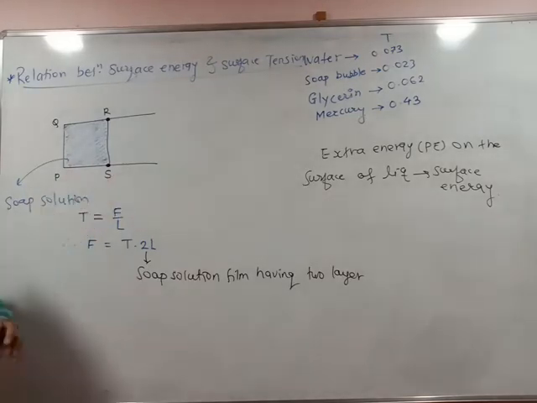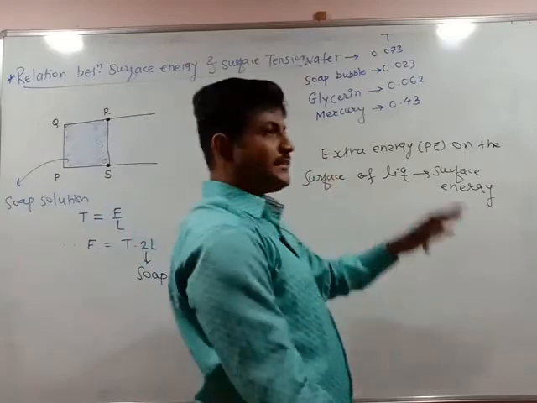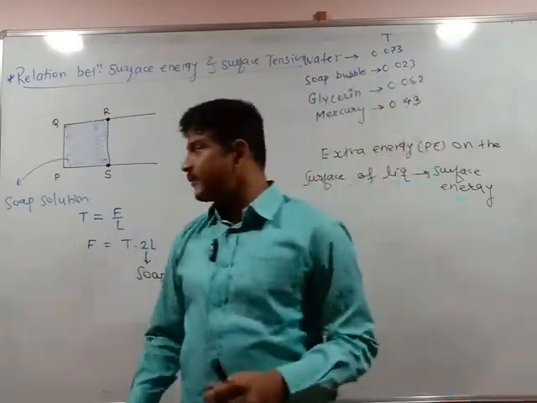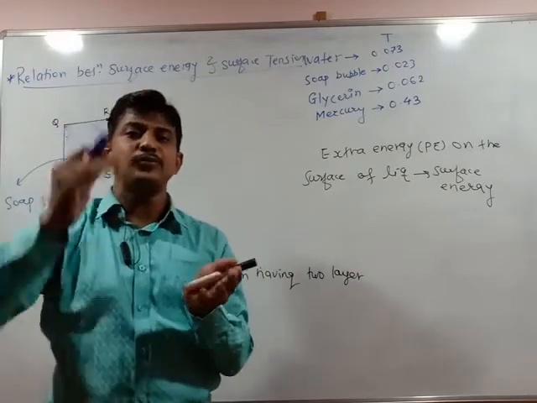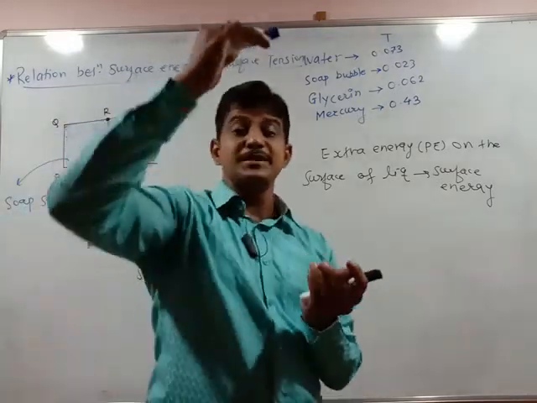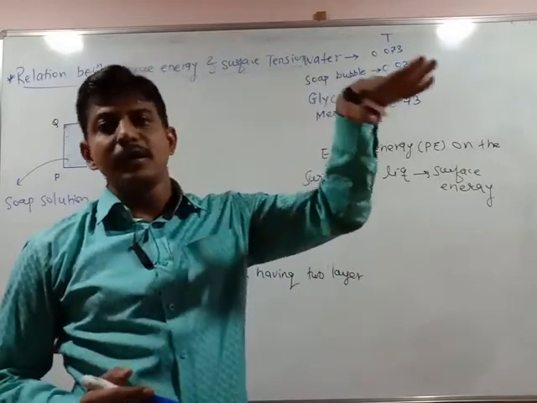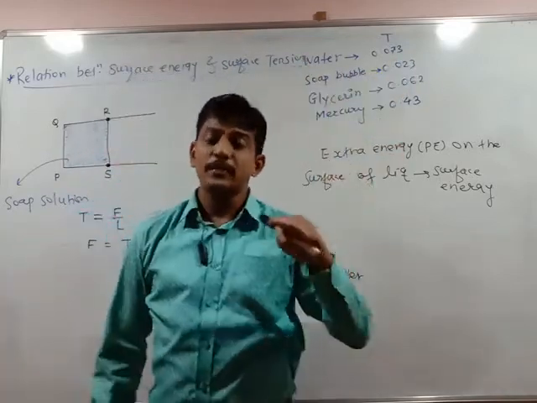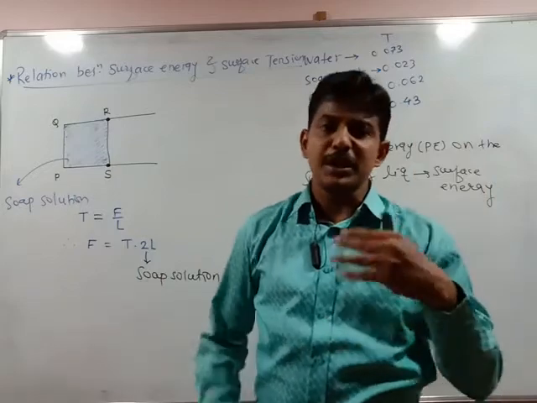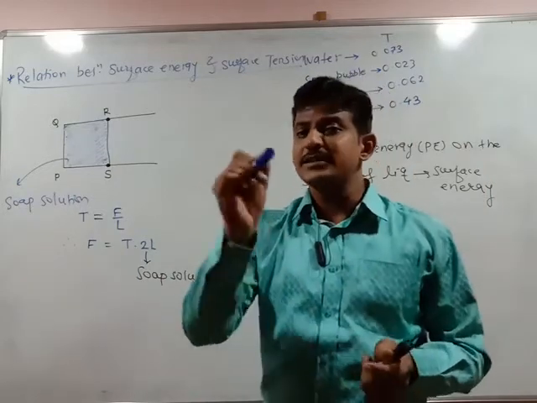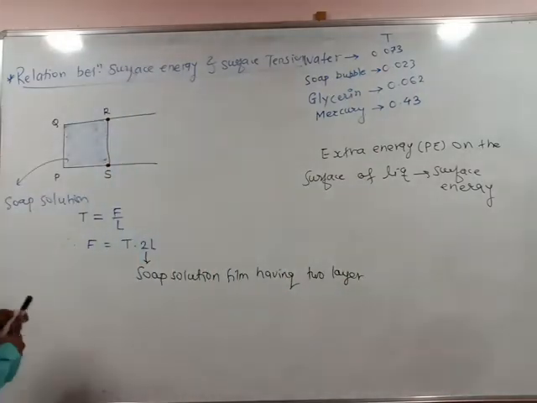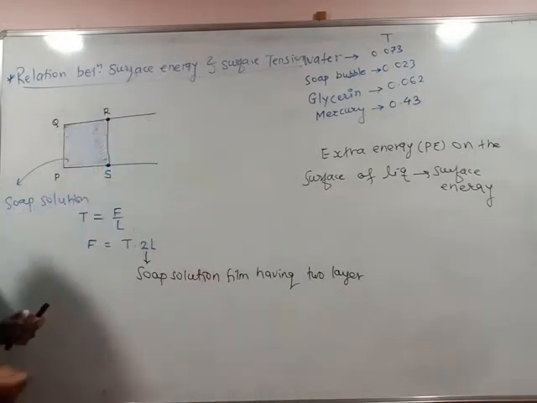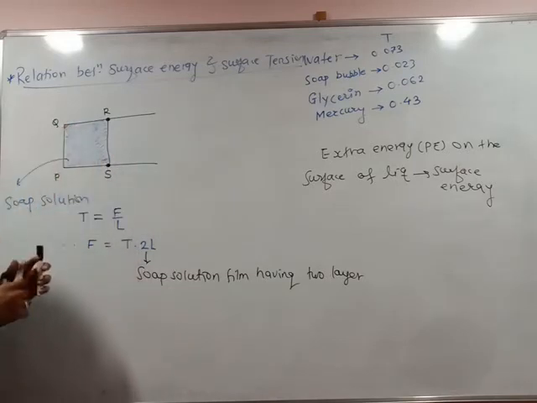What is the surface energy? It is the extra energy present, or I can say it is potential energy. When molecules are present on the liquid surface, if you try to pull that molecule on the surface, the potential energy of the molecule increases. When the molecules are present on the surface of the liquid, their potential energy will increase. Whatever that potential energy is, it is said to be the surface energy. Okay? Now, to find the more potential energy, at this point, suppose a molecule is here.